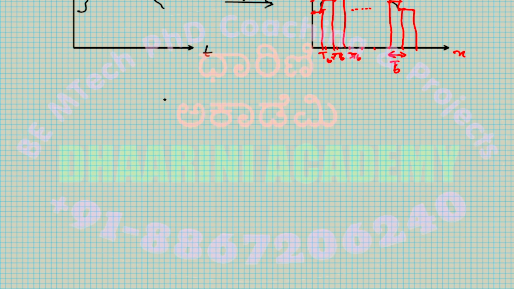So I have x of t as my signal. Take any Fourier representation. I'll write Fourier transform, assuming that the signal is not periodic. If you have x of t, you have x of f, or x of omega. Now, as soon as you move into the frequency domain, you will be able to visualize